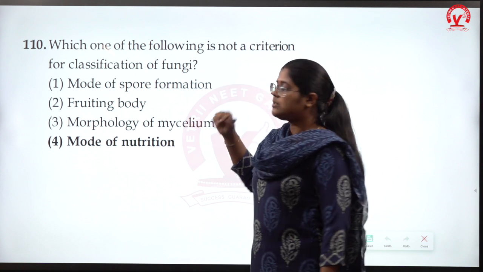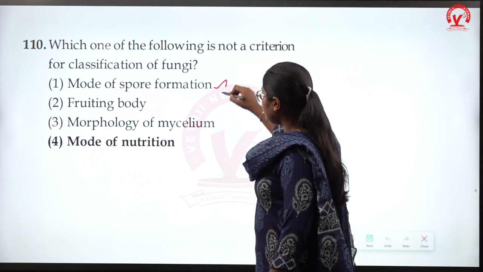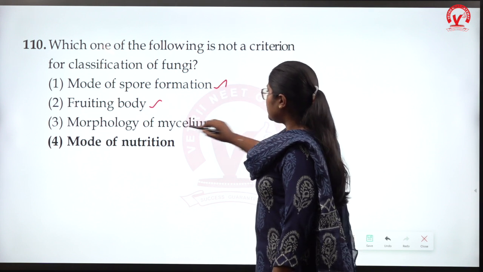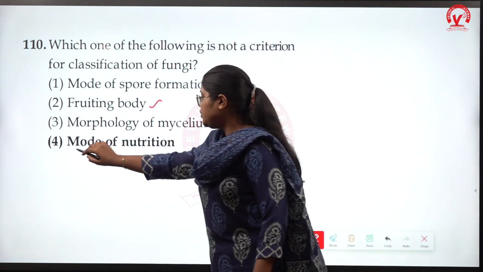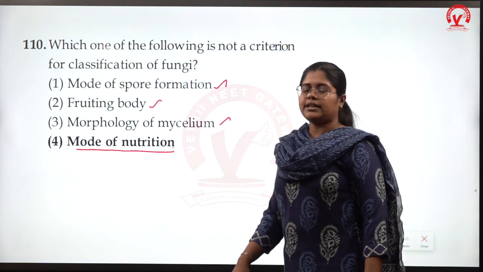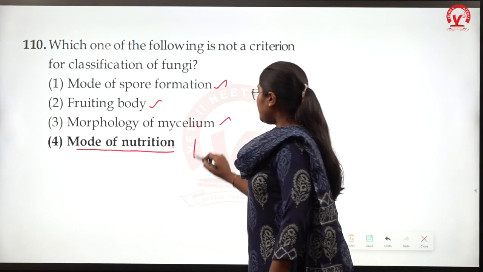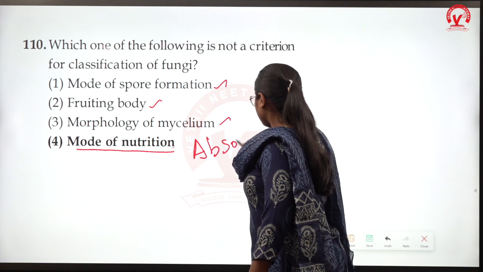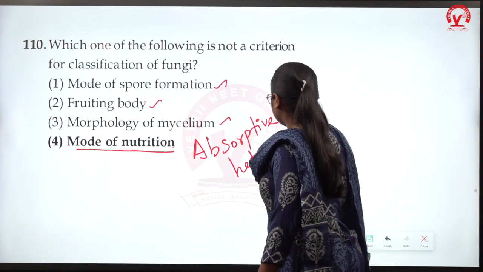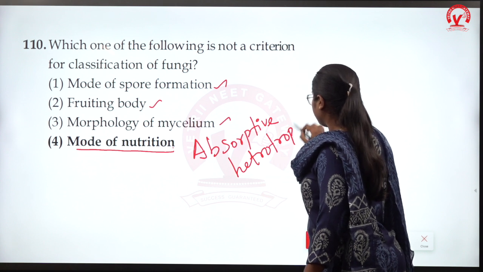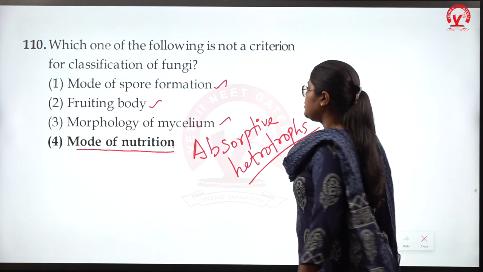எந்த criteria is not considered for fungi classification கேட்டிருக்காங்க. Mode of spore it is considered, fruiting body is considered, morphology of mycelium is also considered. So mode of nutrition எதனால considered இல்லை அப்படின்னா, irrespective of class of the fungi, all fungi are absorptive heterotrophs. All fungi are absorptive heterotrophs. So mode of nutrition is not considered for